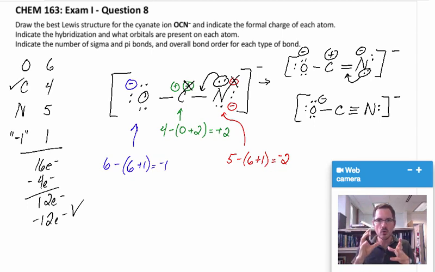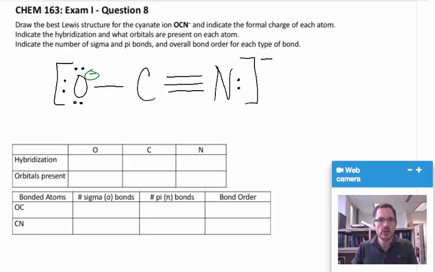So this is the formal structure, the best Lewis structure that we can have with this. Formal charges have been denoted as a negative, a neutral carbon, and a neutral nitrogen. Now we can start getting some information about this ion. So I redrew the structure here, and now I can go through and break up the hybridization and the orbitals